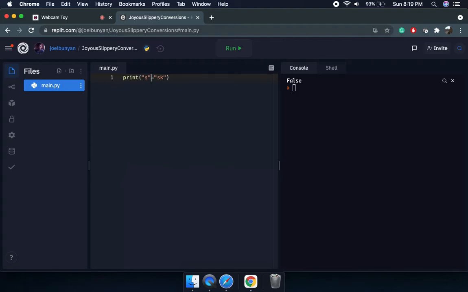And if I say not equal to, s is not equal to sk, that's true, so it returns true. If that condition is correct, it returns true, and if s is equal to sk in the not-equal case, it returns false, right? So these are equal to and not equal to.